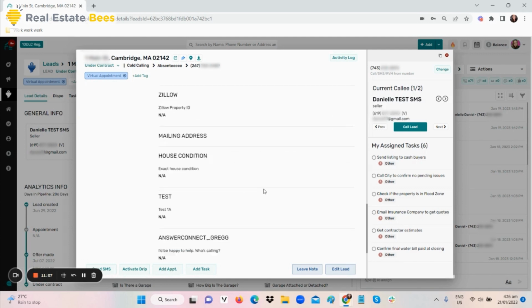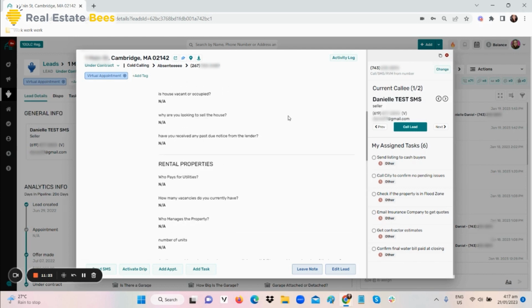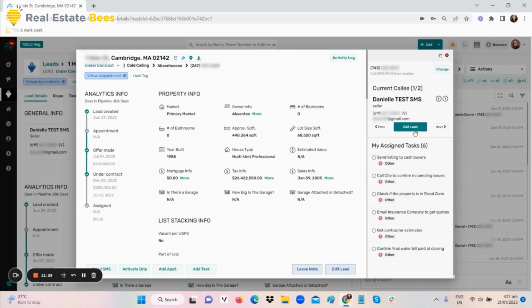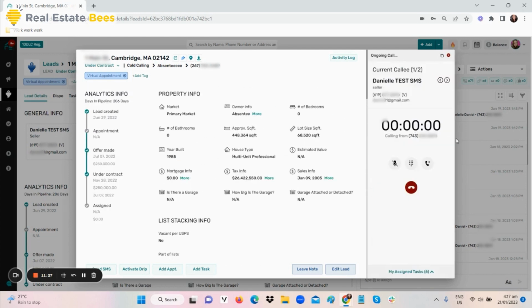So instead of checking from one page to another, this is going to save you a lot of time, and it's going to make you more productive, especially if your task for the day is really more than that of follow-up calls. Now, along with the dialer, if I'll call this lead now,